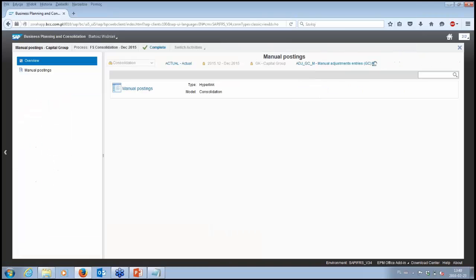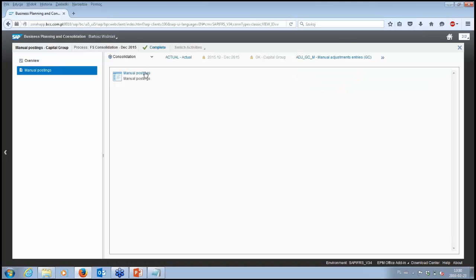We have also manual postings. This is in case there are some transactions that may be hard to manage, hard to repeat in the next time periods. So sometimes it is much easier to use a manual posting feature.